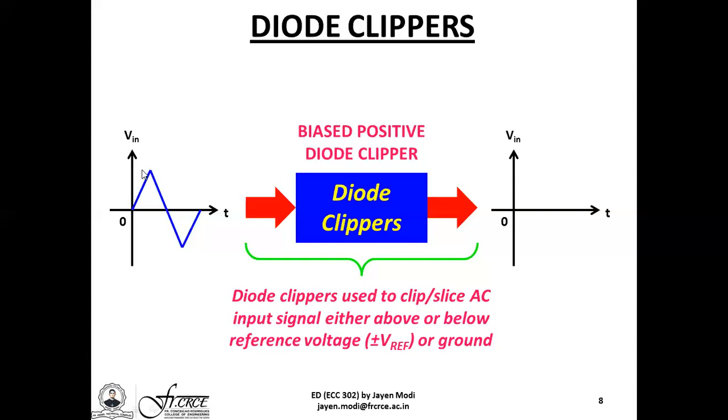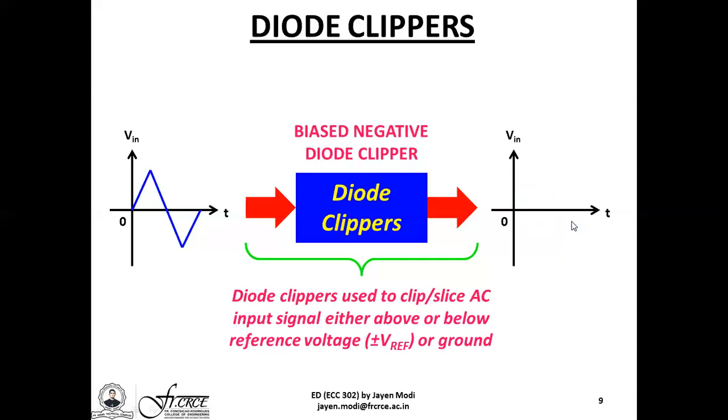So with the same triangular AC input signal connected to the input side, a biased positive diode clipper will have an output looking approximately like this. So here, what you are able to see is it is a positive diode clipper, so a part of the positive half cycle has been clipped. Unlike the unbiased positive diode clipper where the entire half cycle was gone, here you have control over how much signal level you want to obtain at the output side. Of course, since it's a positive diode clipper, the entire negative half cycle simply appears at the output as it is.